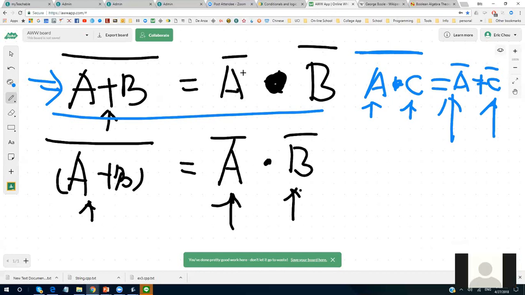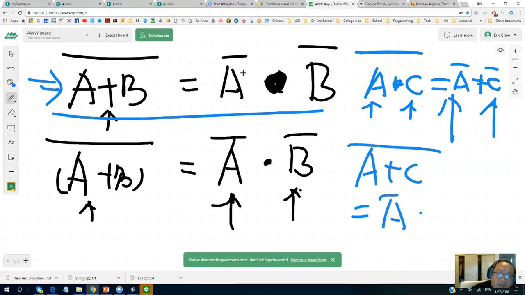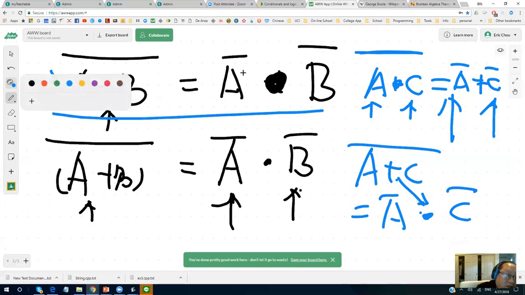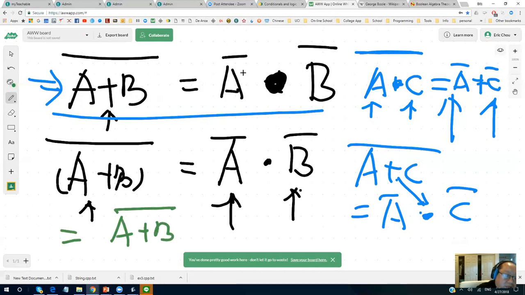So basically you have A plus B, and then you become A bar and B bar, changing these to the other. So the plus sign becomes a times when you get out of the bar. Like this one: A plus B bar equals A bar and B bar. This changes sign when you get out of it. Okay?